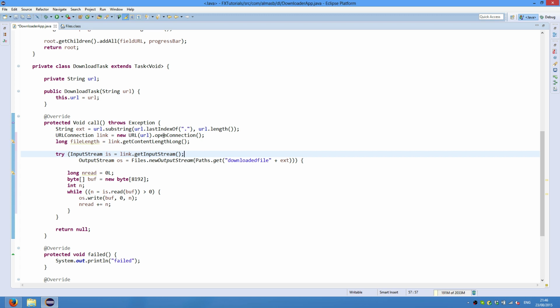So we've already opened the connection, so there is no need to reopen it. We can just obtain the input stream from that connection. I might as well rename it to connection. We've obtained the output stream, and this is the number read,